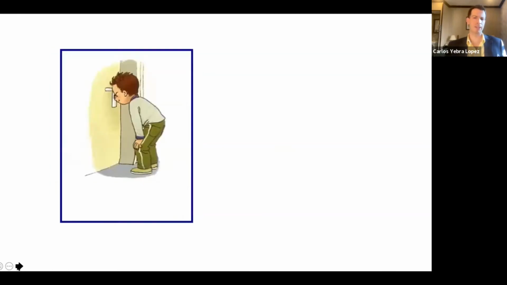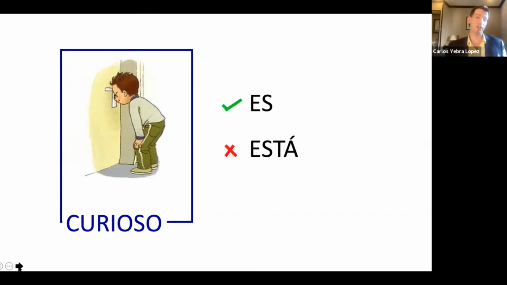All right. What about this one? Curioso. Again, is this an emotion, a condition, or rather a personality trait? Because if it is a personality trait, then it's going to be with the verb ser. And typically, someone who is curious today, tomorrow, and within a decade. Therefore, es curioso. We could possibly use está curioso in a context where this person is just curious about that specific situation that we're describing, as opposed to being a curious person, a person that has curiosity as one of his personality traits. So yeah, in certain contexts where we're just talking about a specific action, we could say está curioso. For instance,